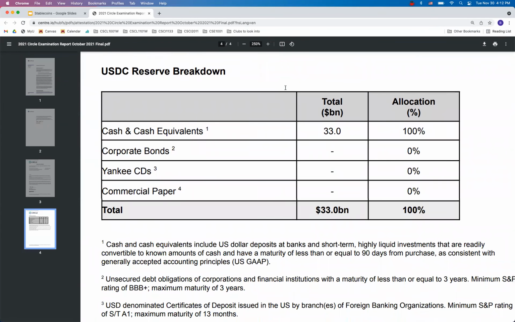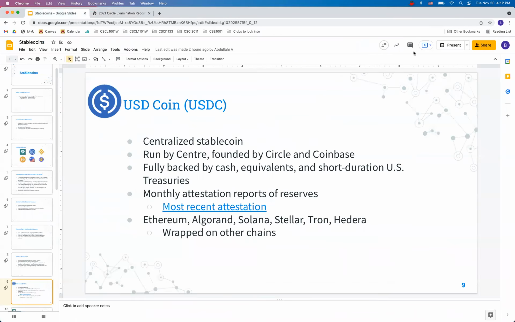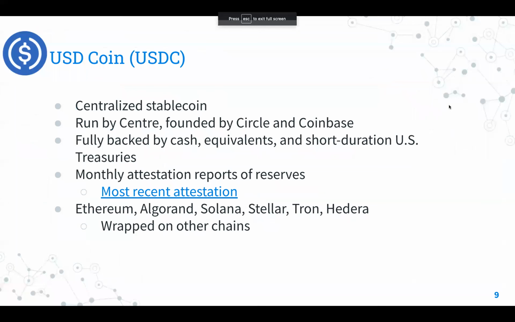What the hell is Yankee CD? Yankee CDs are CDs in foreign banks, so they're kind of riskier. Okay. Yeah, you're lucky I asked my mom that the other day, or else I wouldn't have been able to tell you. Ironic name. I'm not really sure why they're called that. I'm pretty sure that's what it means from memory.